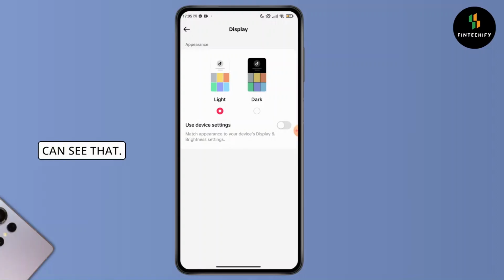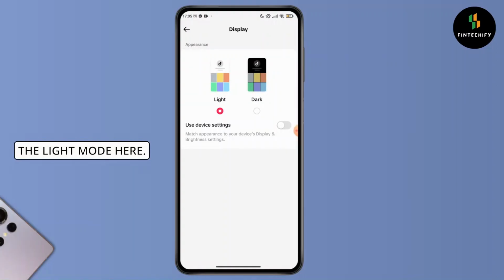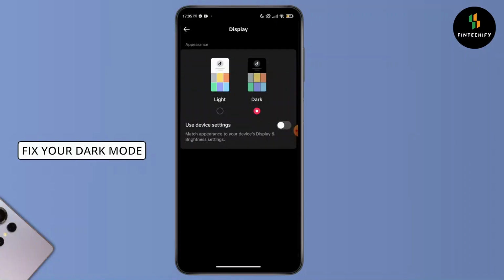So here you can see that you can go for the dark mode and you can go for the light mode here. So with the help of this process, you can fix your dark mode option here. So with the help of this process, you can see the dark mode option. So if this option is not showing